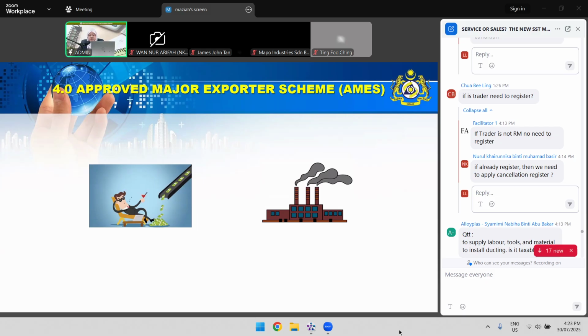economy through their exports. The image on the left shows a business that enjoys cost efficiency and profitability, while the factory on the right represents the manufacturing sector that qualifies for AMES. Through AMES, eligible manufacturers can enjoy sales tax exemption on the importation and local purchase of raw materials, components, and packaging materials. It's a powerful facility to reduce cash flow burden and enhance global